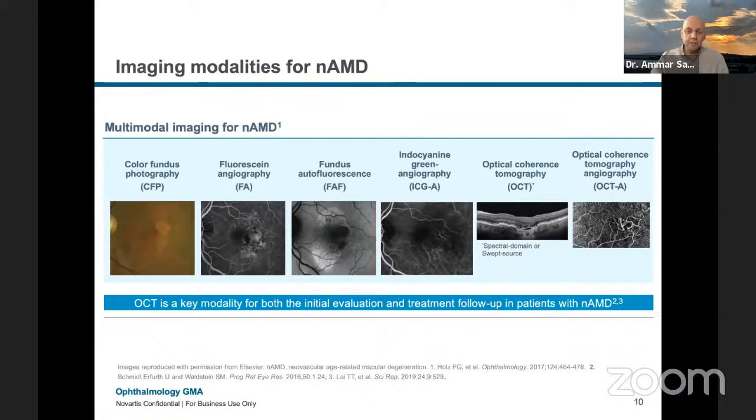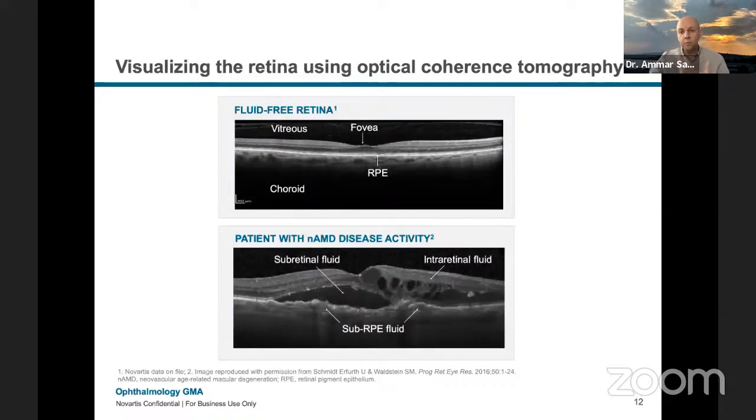How do we diagnose it? In the past, we used to have only fluorescein angiogram in our examination. Now, of course, we have a myriad of tools, including autofluorescence, ICG, OCT, and OCTA. But OCT remains the key modality that people use to determine whether there is or isn't any fluid in the retina. It is also the key modality for whether we treat or don't treat and how we monitor the